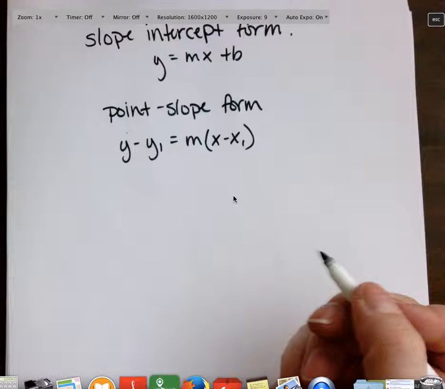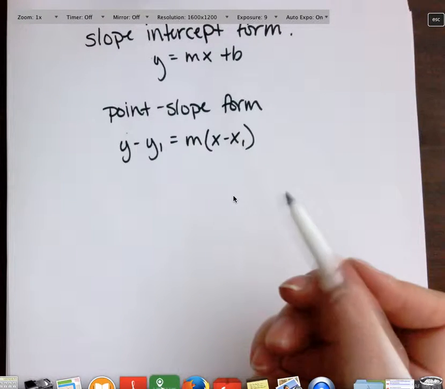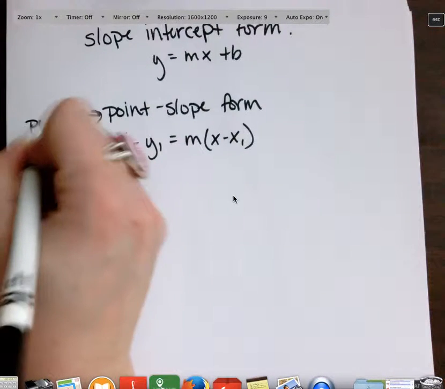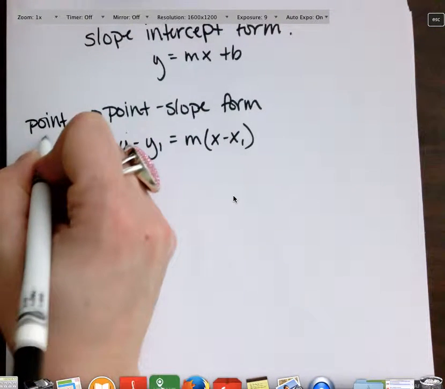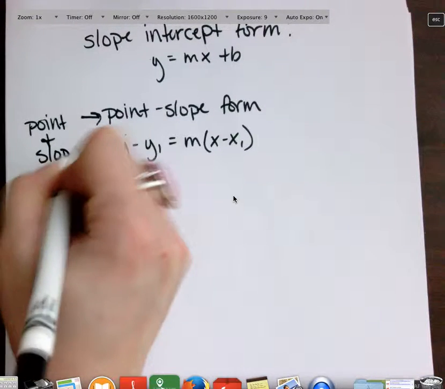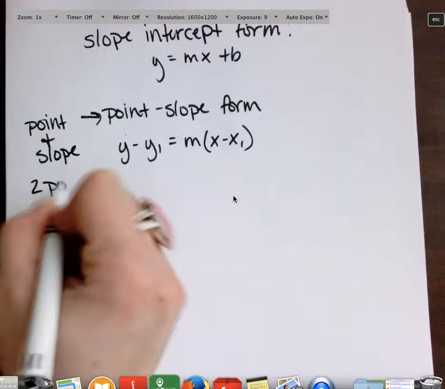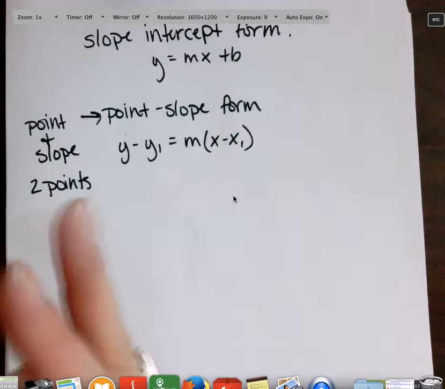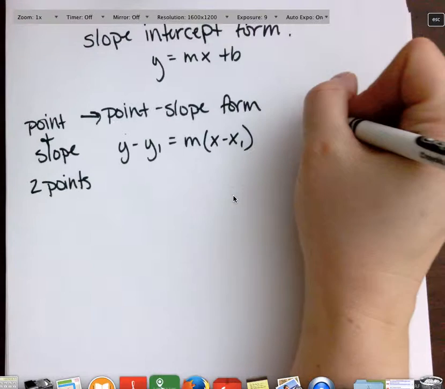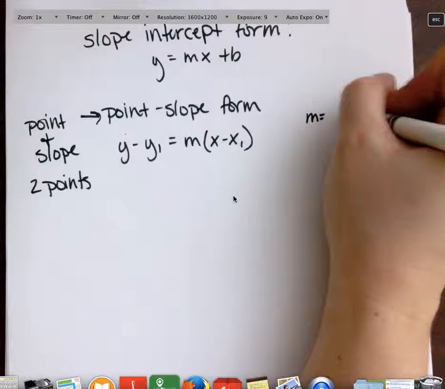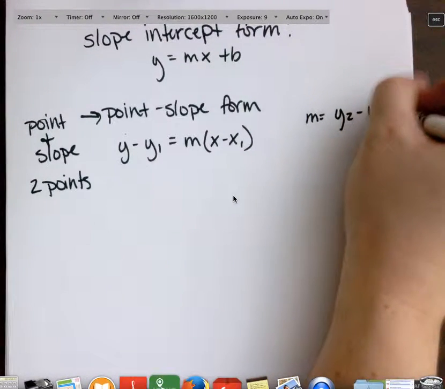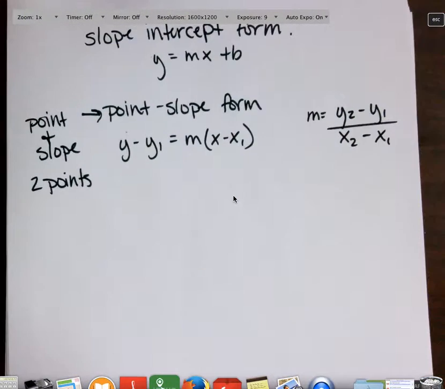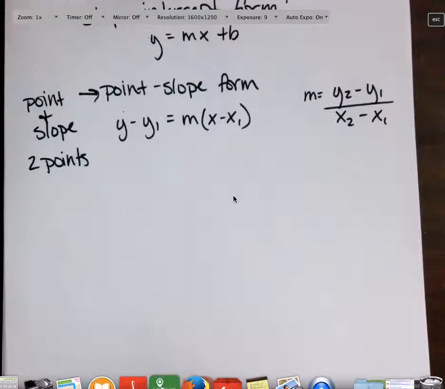And now, we can only do this though if we're given either a point and a slope, or 2 points. Because remember, I can find the slope of a line if I'm given 2 points. The equation for finding slope, if you remember, is (y2 - y1) / (x2 - x1). All right, so if I'm given 2 points, well,